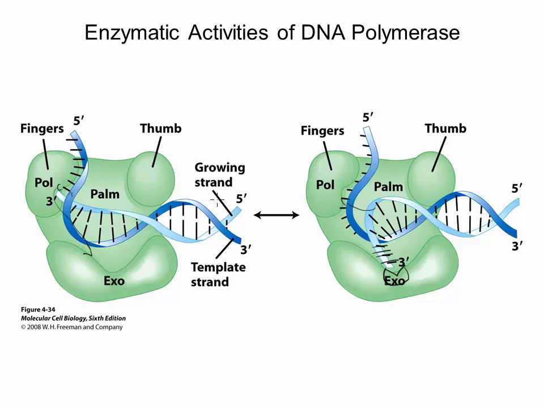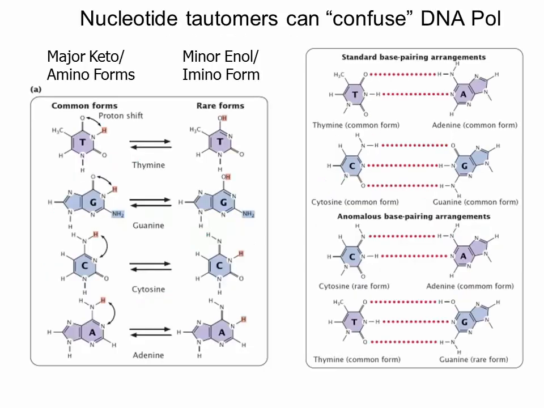nucleotides. Now, it seems counterintuitive that you'd have an enzyme activity that could make such mistakes, right? It seems like it should be better at being able to feel out the hydrogen bond donors and acceptors and figure out whether they are matching up correctly. And you're right, it is counterintuitive. However, what we haven't talked about is that the nucleotides themselves change their structure. And so effectively, they can fool the polymerase activity into thinking they're a different nucleotide. And so to understand that, we have to look back at the structures of the nucleotides and understand something called